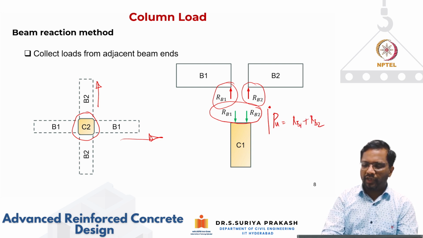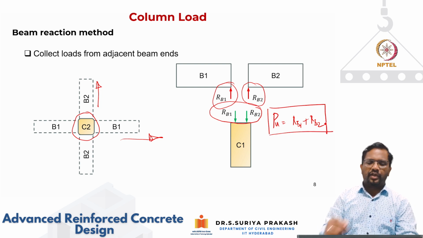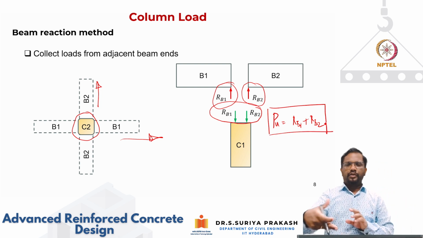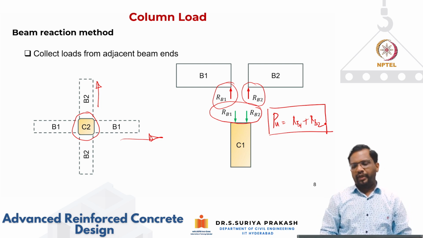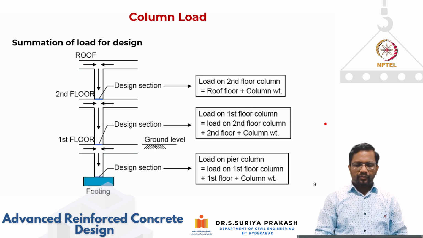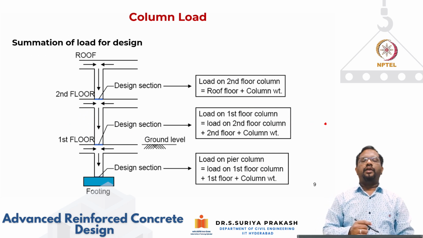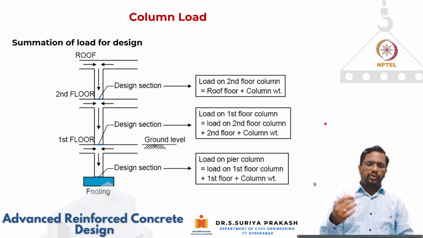So this is the axial compression that is getting transferred to this column. In addition to that, you will also have bending moment about both axes. Here we are talking about only the axial compression. Now let us see how the load gets increased. For example, this is a